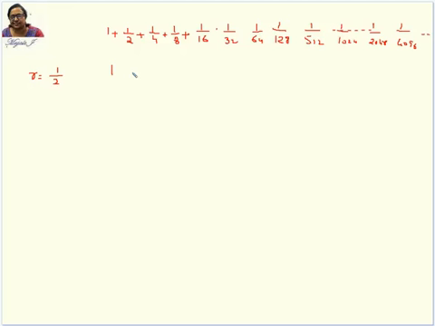So when you're adding something, like you have 1 here, 1 plus something, the value is going to increase or decrease? Increase. So will it be less than 1? No, ma'am. You consider only the first 2 terms itself. What will happen? 1 plus half is how much? 1.5, ma'am. Again, this is 0.25. So how much is that total? 1.5 plus 0.25 will be 1.75, correct? Yes, ma'am.